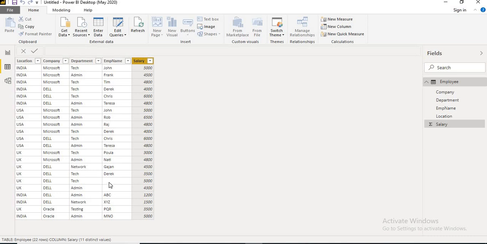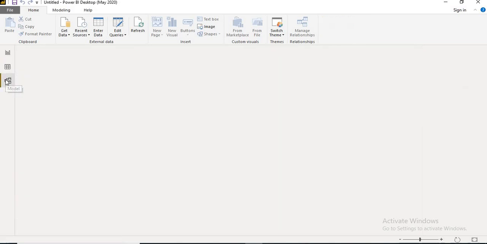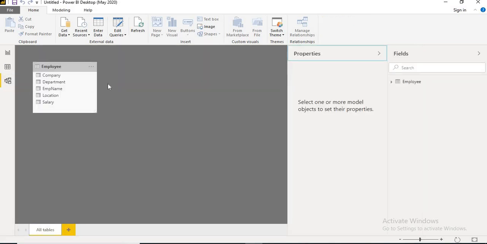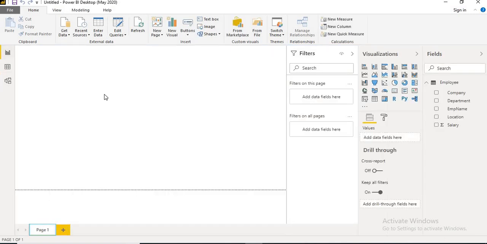Now here you can see there are a couple of employee names that don't have names. You can put an expression saying that if the employee name is empty, you do not want to display it in the report, or something like that. You can do it, of course. That's all possible. If you want to see any relations, currently I have only one table. Let us assume I have a department table as well. Here I can see how the department table is linked, on which column the link is between them. I can do that, or I can establish custom relations. It's all possible. We already talked about it in the previous videos. Let's not spend any time on it now.